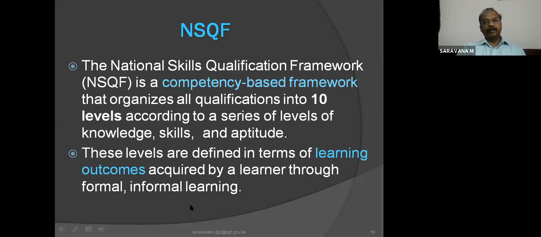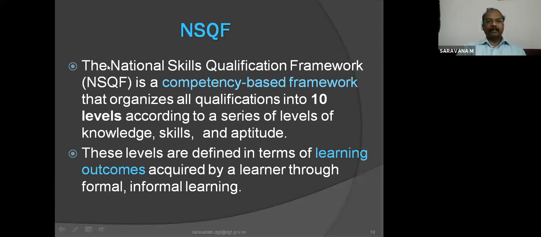Formal learning or formal training, you will have a standard, prescribed syllabus and predetermined objectives. Whereas informal learning or informal training, you will not have any standard or prescribed syllabus or predetermined objectives. The objectives and syllabus are decided by whoever conducts the tailor-made or short-term course, according to his or her convenience, according to the number of hours available. And certificate also: formal training has a valid certificate, and informal training certificates are not valid like formal